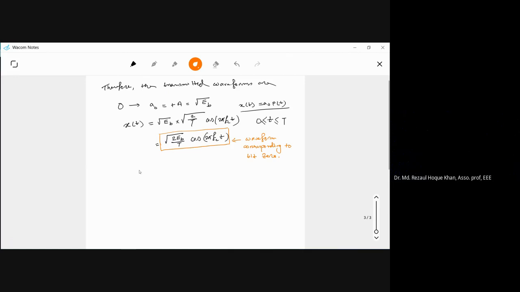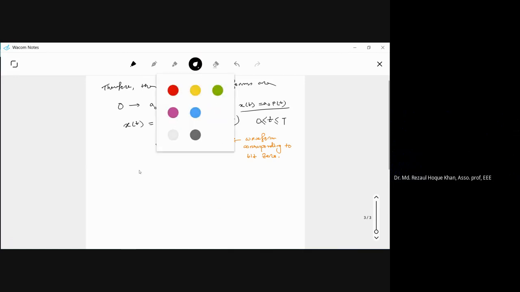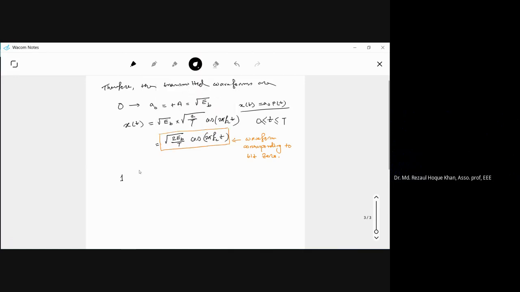Likewise, this was for 0, and for bit 1, A0 will be what? Minus A. Same thing we did here, repeating, which will be minus EB. What will be the signal then? XT will be minus square root of 2 EB by T cos 2 pi FCT,